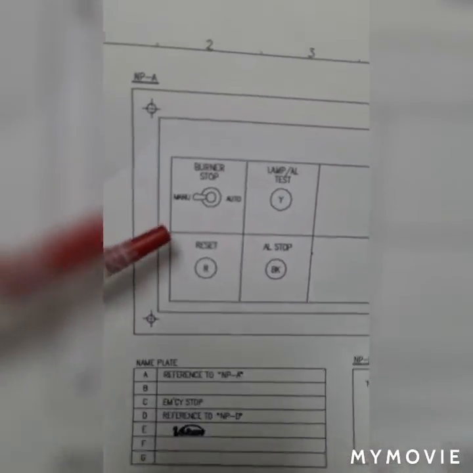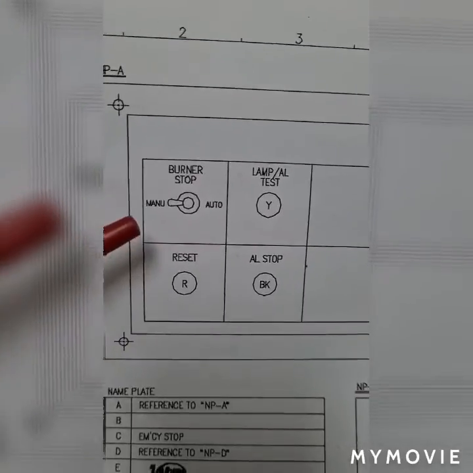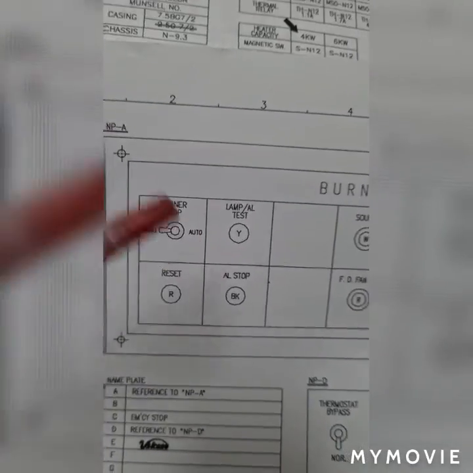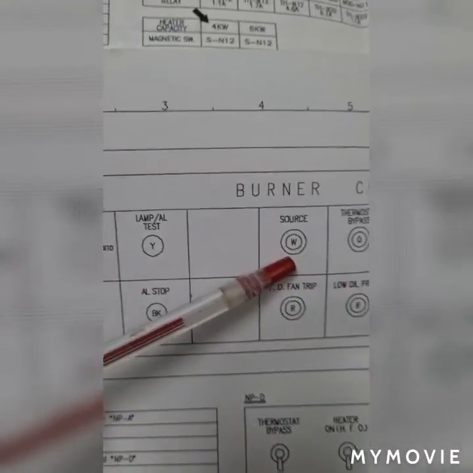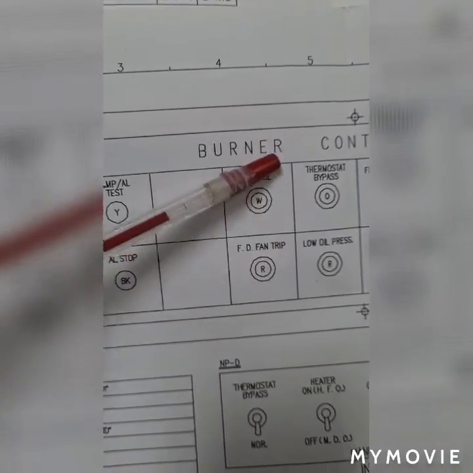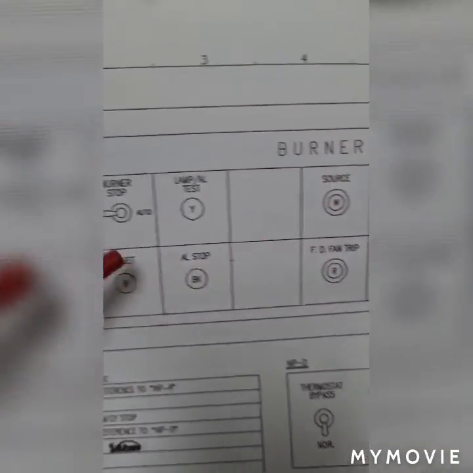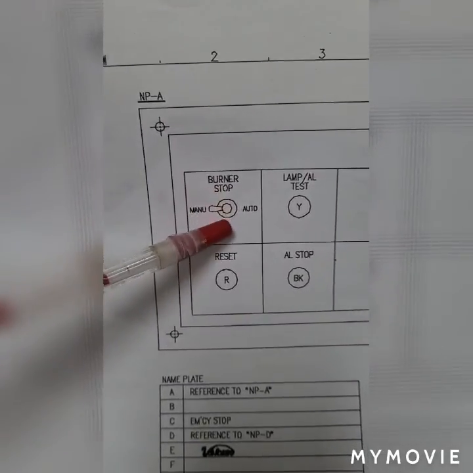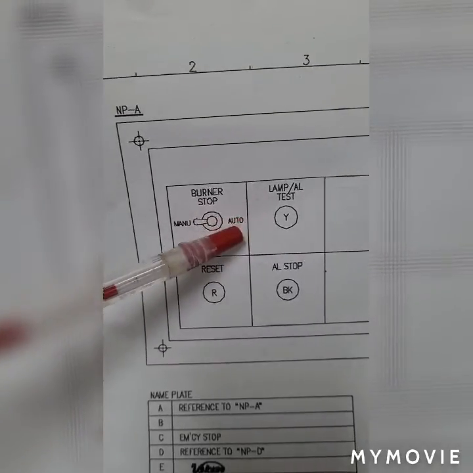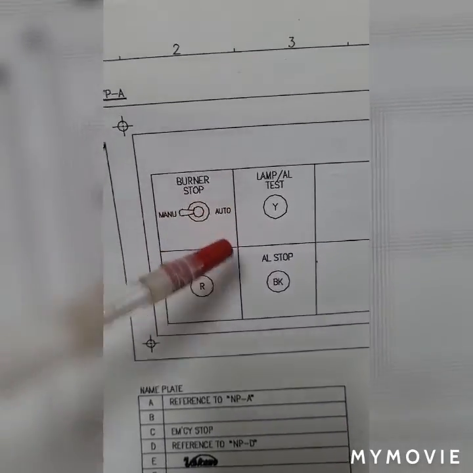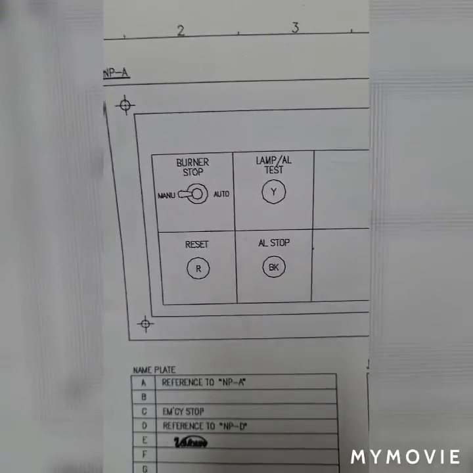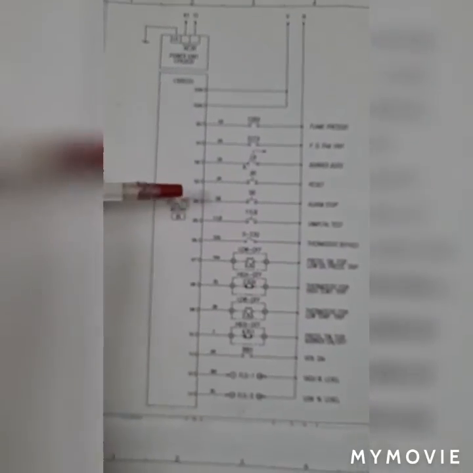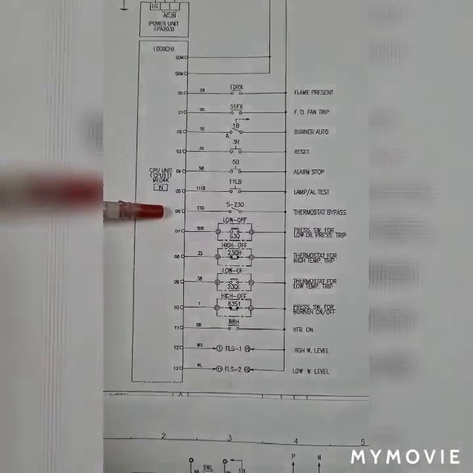To begin with, we need to switch on the boiler circuit breaker so that the source is illuminated, and we need to put the burner stop button into automatic position. If this is done, the programmable logic controller inputs are now in standby mode,